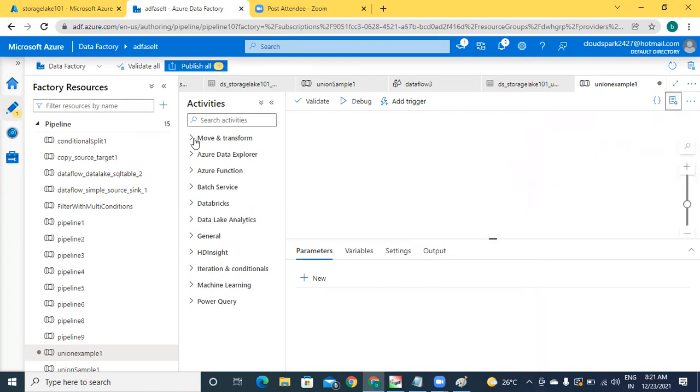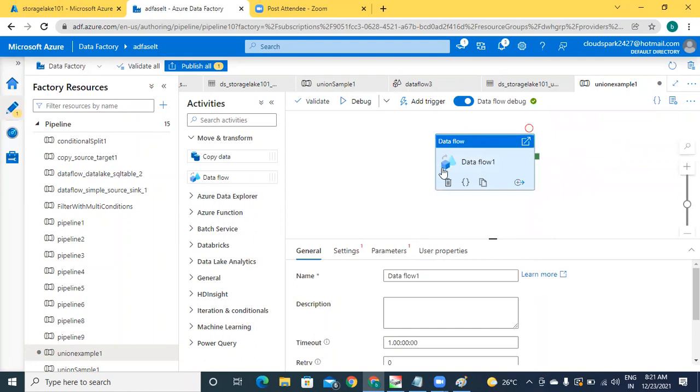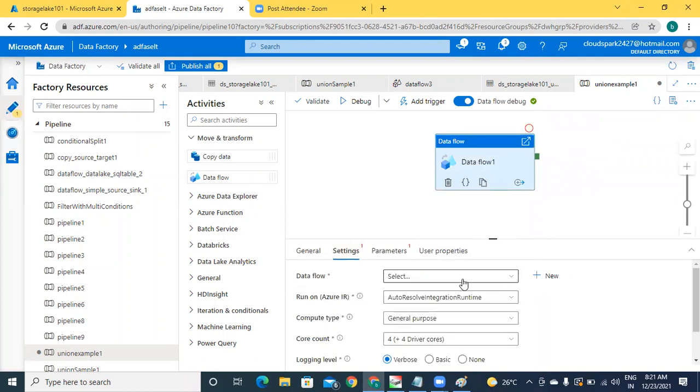So for this, I'm dragging the data flow activity. Within this data flow, under settings, you need to select data flow. But an existing data flow for this union operation is not available. That's why I'm creating a new one. Click on new.